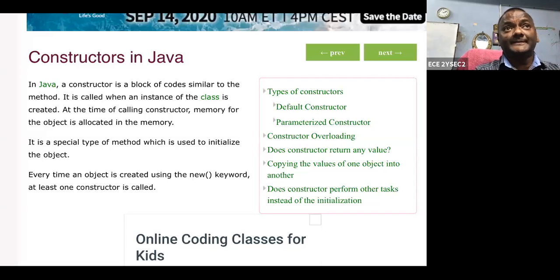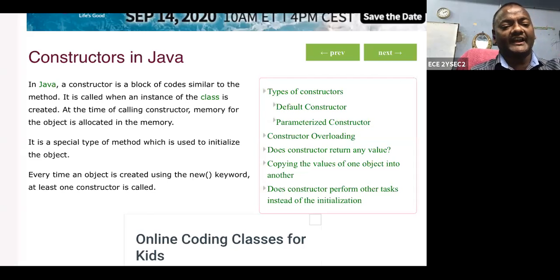So that is called a constructor. A constructor is one type of method which initializes the attributes of the class. If you do not assign, the default value should be accessible. So what is the difference between a method and a constructor? A method has a return type, a modifier, public or private, and arguments.